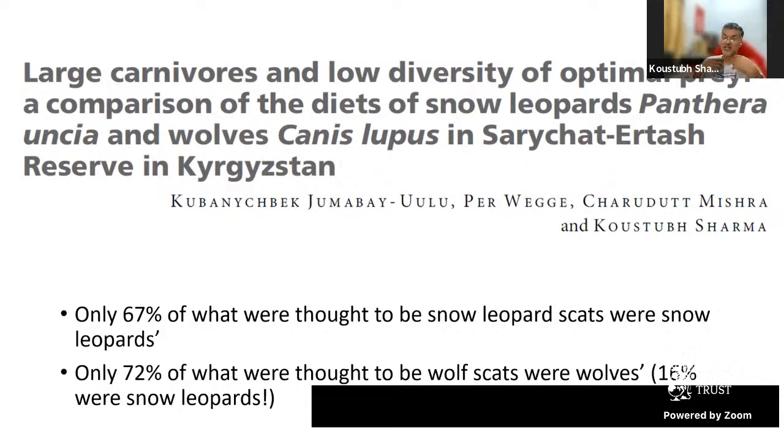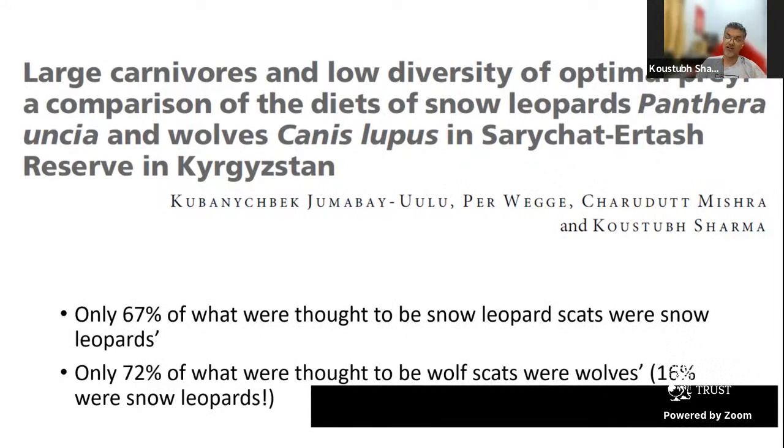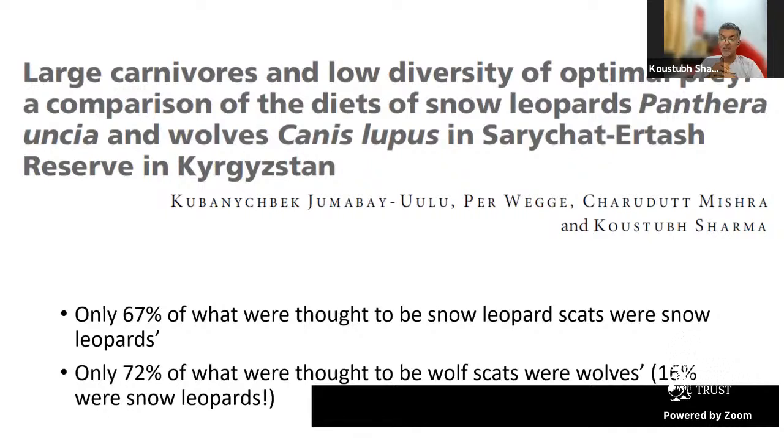When I say snow leopard scats, he used his and the field assistants' collective knowledge to say that, okay, this looks like a snow leopard, so this should be a snow leopard. When I say wolf, again, it's putative wolf scats. And also, in addition, there were certain habitats which seemed snow leopard habitat and certain habitats which seemed distinctly wolf habitat. More rolling terrain is where a wolf is likely to be. More rugged terrain is where snow leopards are likely to be. But as you can see in the bullet points below,